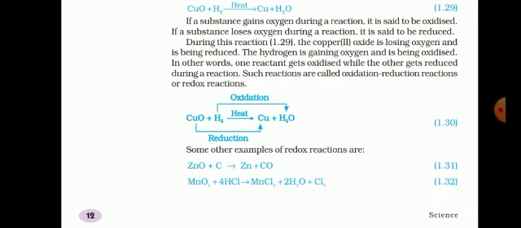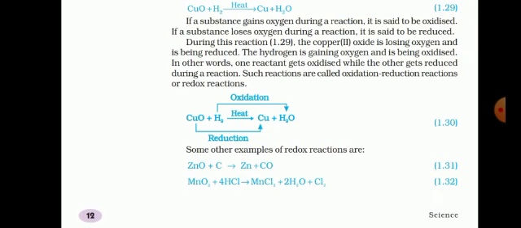And here you should remember that you have oxidizing agent and reducing agent, which I will be talking about later in this session itself. That is your oxidizing agent and your reducing agent. Fine. So let us see some other examples of your redox reaction.